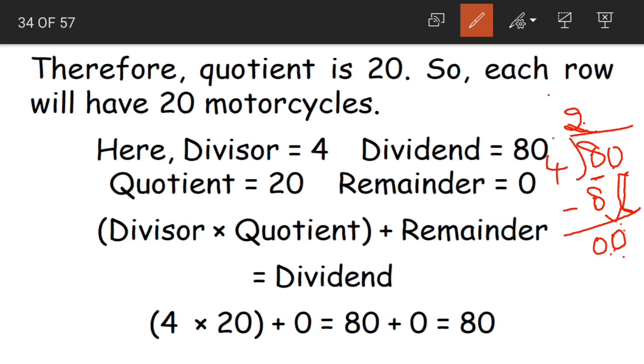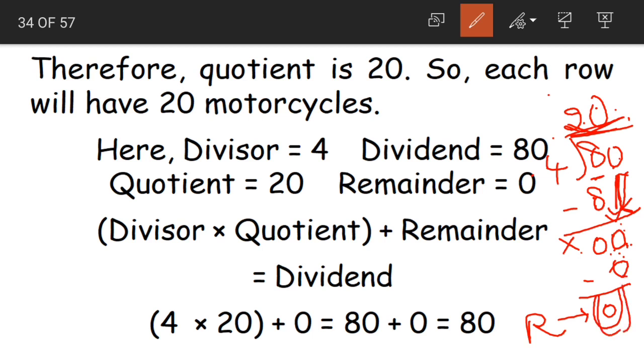Now when does 0 come in fourth table? We have 4 zeros are 0. When we subtract, 0 will be remaining. Now this 0 will be our remainder children. Okay. What does our answer become? 20 becomes our quotient. Remember, this 0 we have brought down from above. So this cannot be our remainder. We need to divide it with 4. 4 zeros are 0. Then the number that is remaining after subtracting it becomes our remainder. Clear?